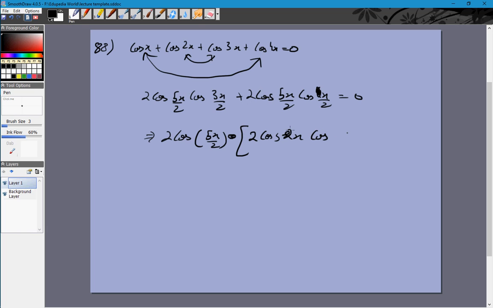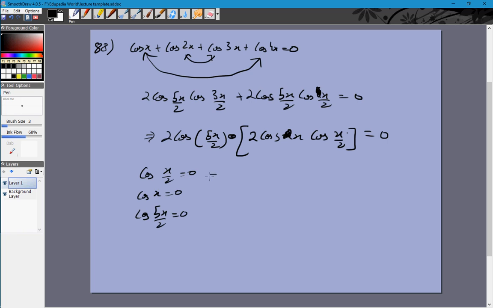So yeah, sorry, this will be x and this will be x by 2. The sum of these two is 4x by 2, which is 2x, half of that is x. Difference is 2x by 2 and half of that is x by 2. This is equal to 0. So we get the equations cos of x by 2 is 0, cos x is 0, cos 5x by 2